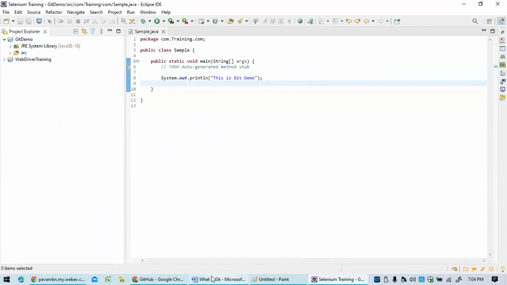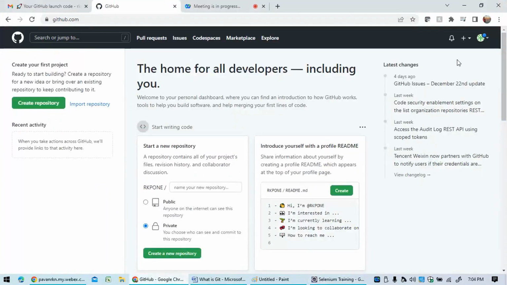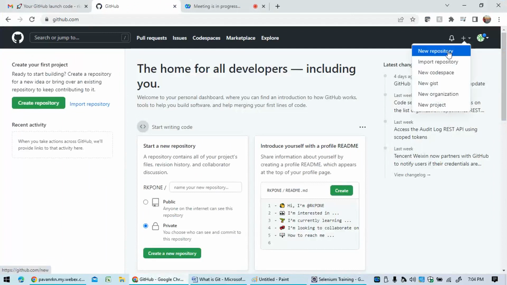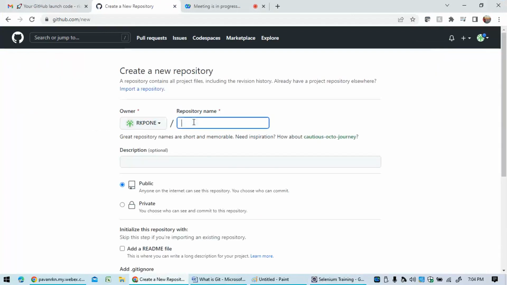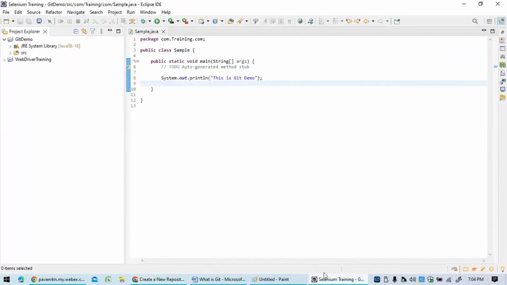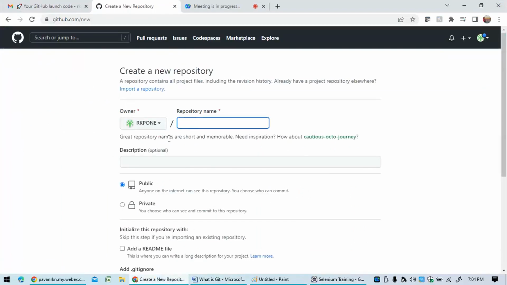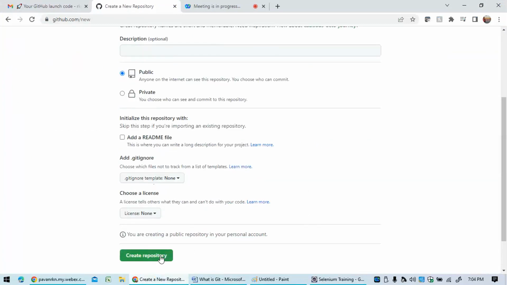So I'm going to go here. There is an option to create a new repository. You can create a new repository from here, or from here also. You can do it from anywhere you want. I'm going to give the same name, Git demo. It is not mandatory to give the same name; you can give anything you want. Just to make it easy, I'm writing Git demo,